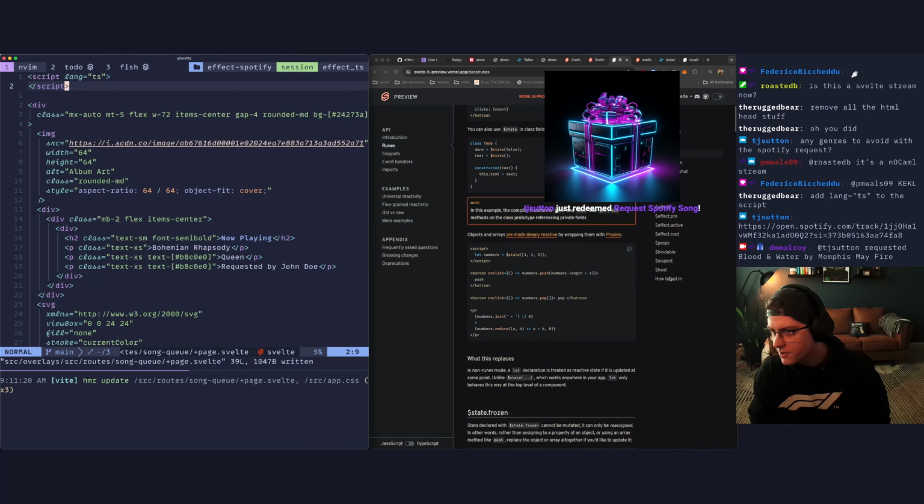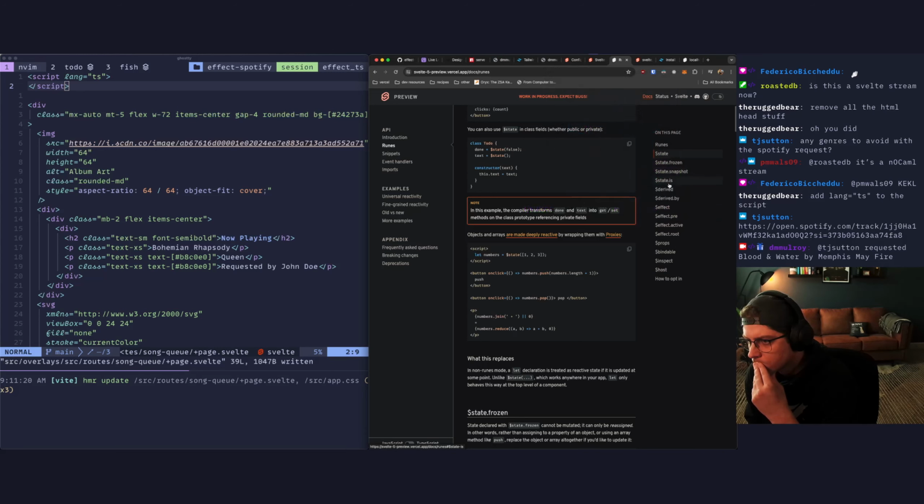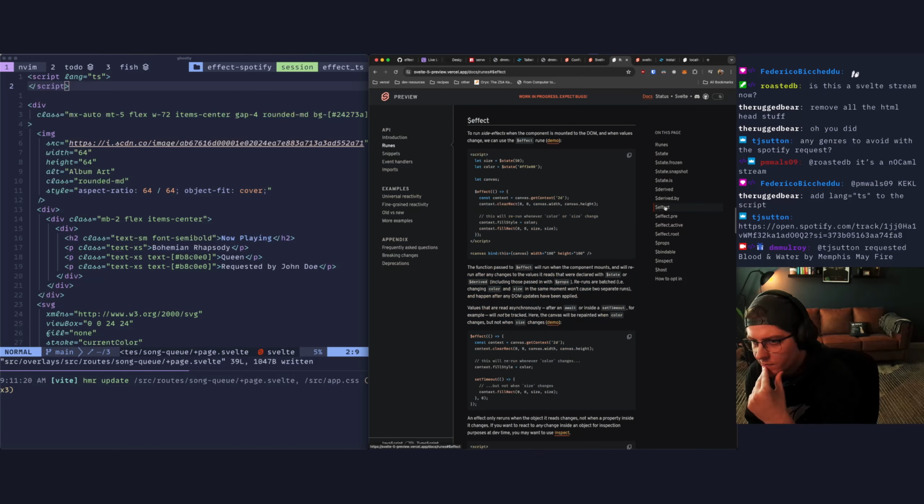How do we fetch data in Svelte? Can I just fetch? Or do I need to put it in an effect?